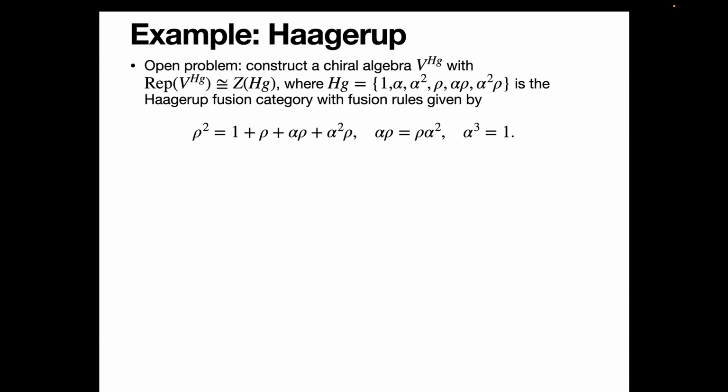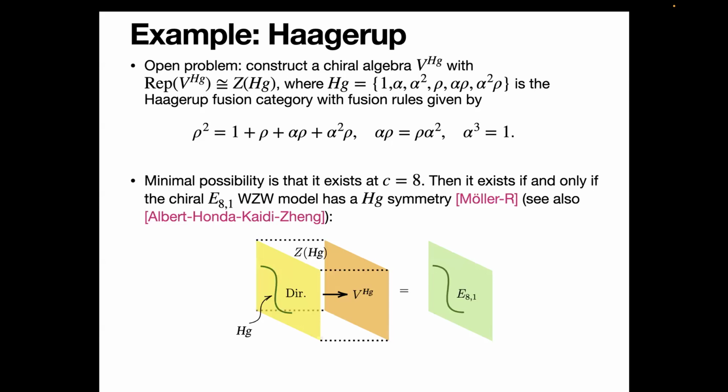Oh, thank you. So let me just make some comments on this Haagerup problem. The kind of open problem in this field of vertex operator algebras is to find a chiral algebra whose representation category is the Drinfeld double of Haagerup. Haagerup is this fusion category that's considered to be exotic in some sense, in the sense that you can't construct it by the usual ways of doing things. It has these fusion rules, and I'm not going to solve this problem, but let me just state various